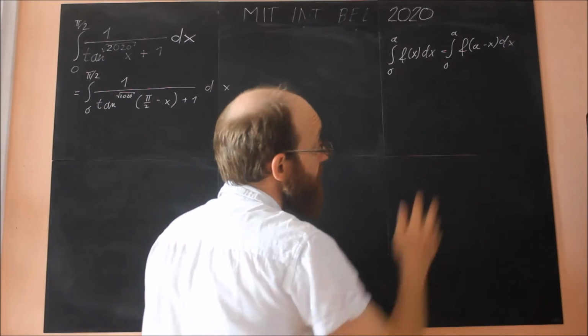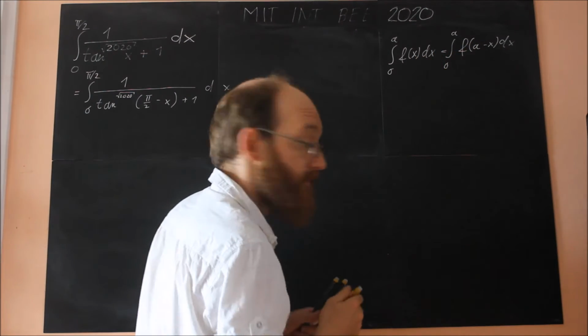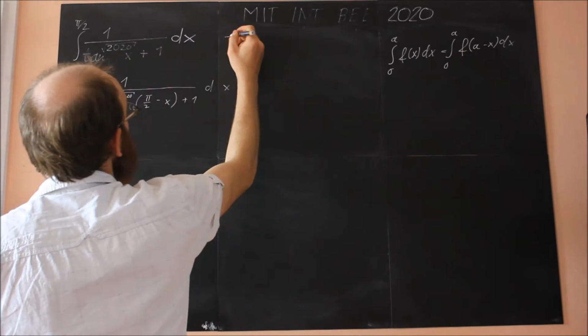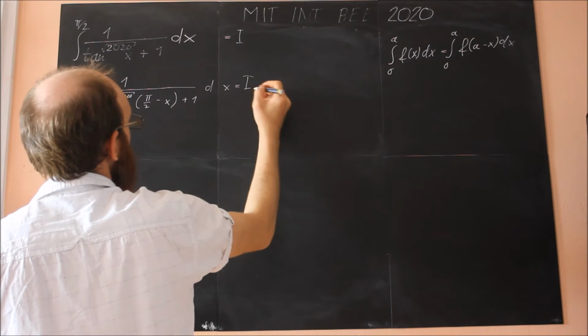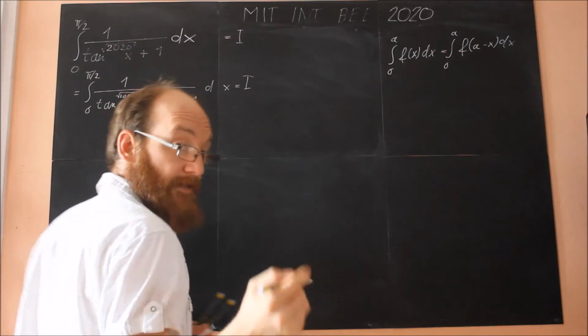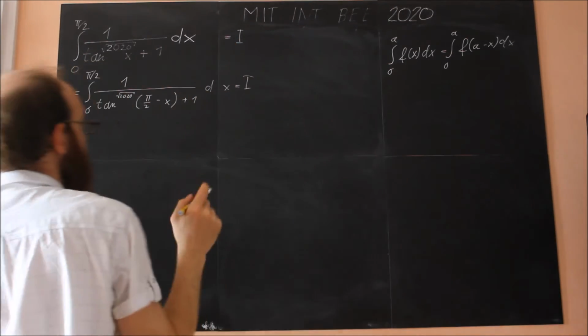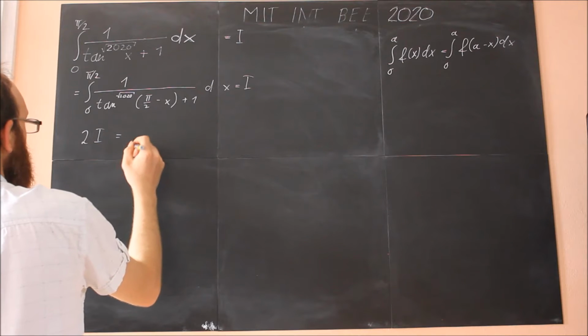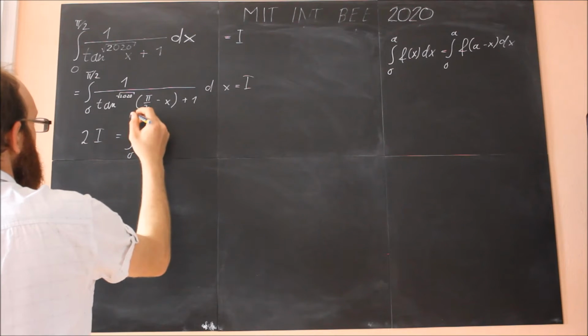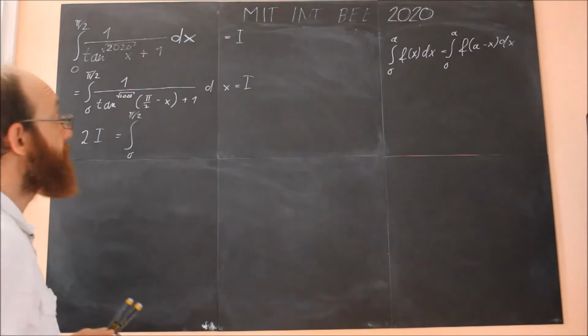And yeah, like I said, the value of the integral doesn't change. So if I call this integral I, then this is also I. And if we add them up, these two, we get 2I equals, we use the linearity of the integral,